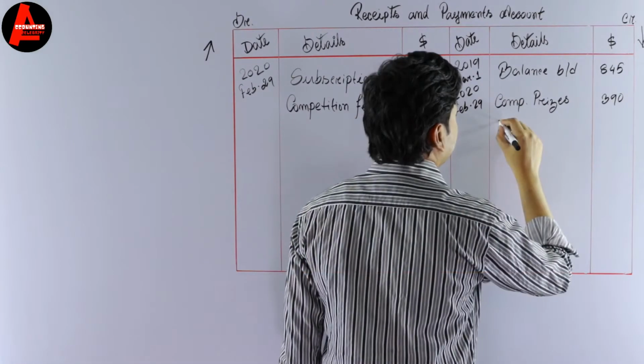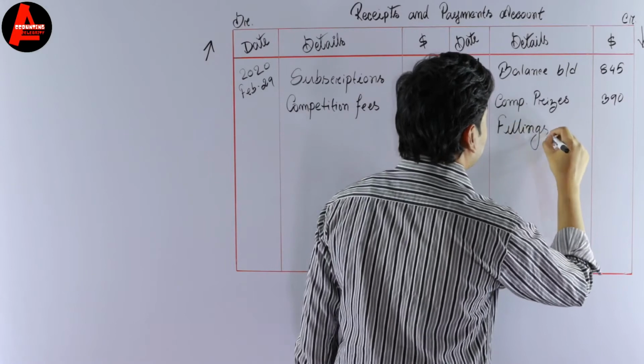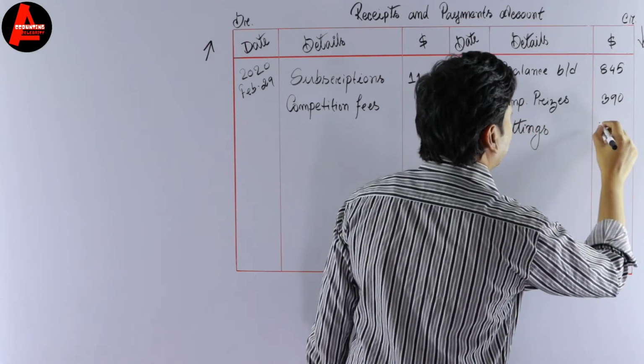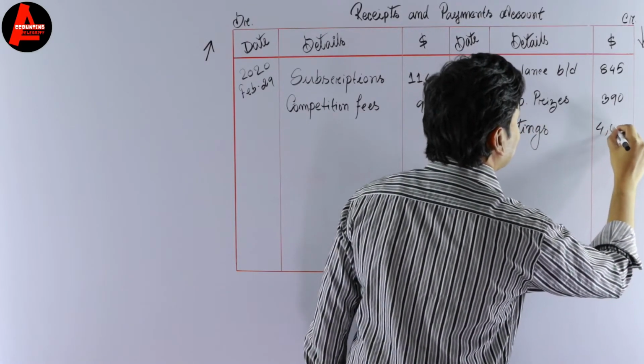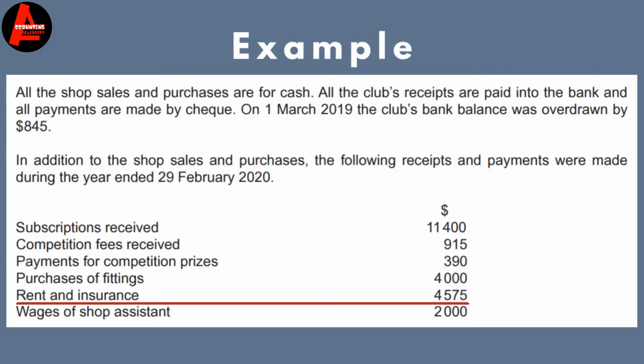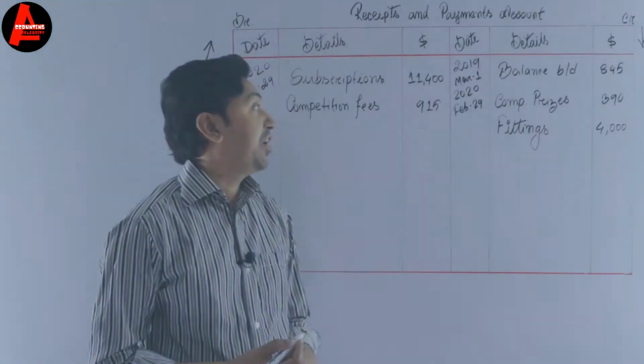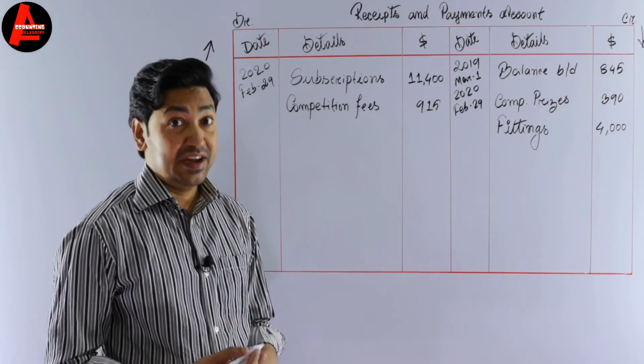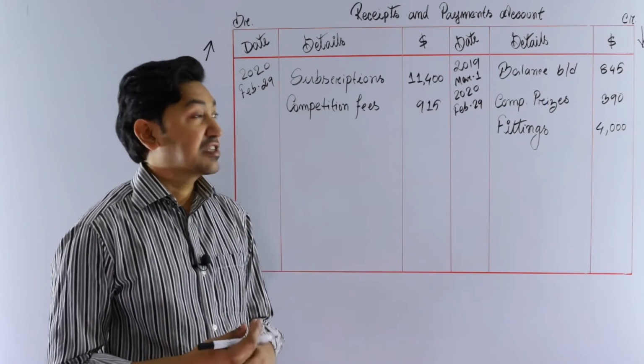We can write here fittings, and the amount is here $4,000. Okay, then what is next item? Rent and insurance, $4,575. Okay, rent and insurance, it is a payment, it is an expense for the club, so expense will be